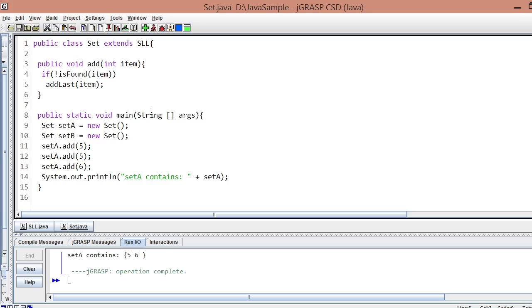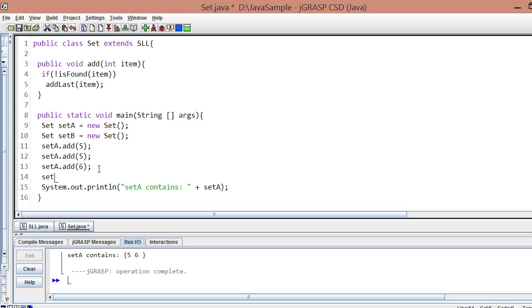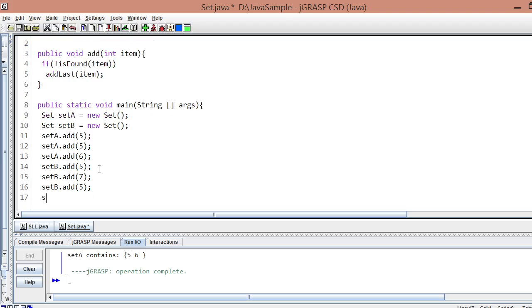Now let's add elements to set B first. Set B dot add 5, set B dot add 7, set B dot add 5, and set B dot add 6.